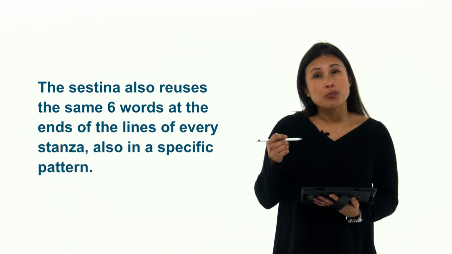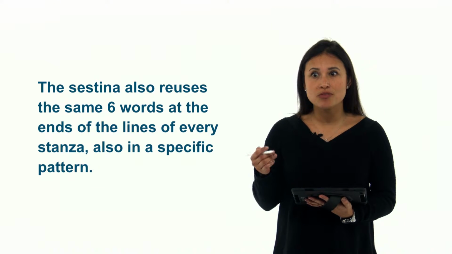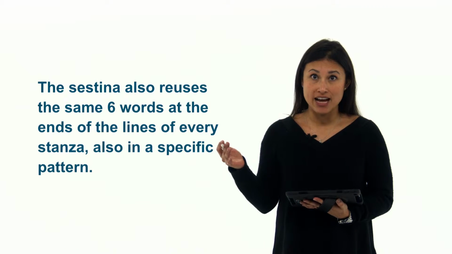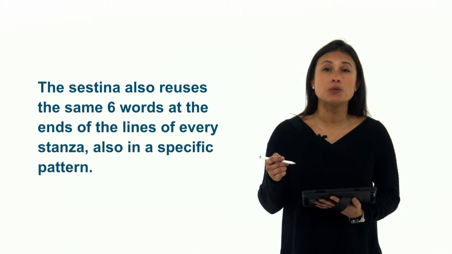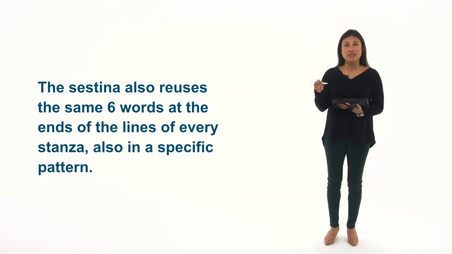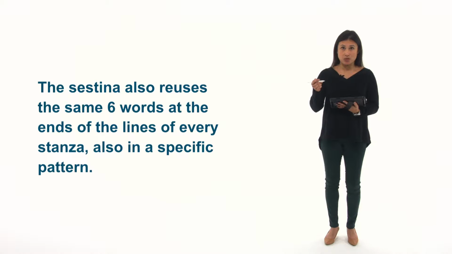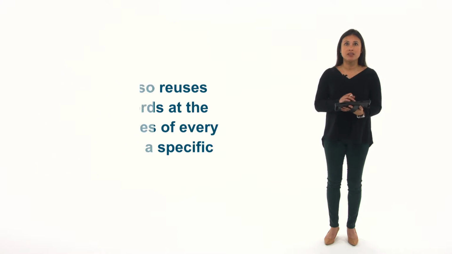Now, when you're repeating words, it's different than repeating sounds. If we're just repeating sounds, then it's just a phonetic ideal that we're trying to copy. If we're repeating words, then we're repeating meaning. Sometimes when words are repeated, they can mean something different in the first place that they were used than in the second place. And that's the brilliance of the Sestina.